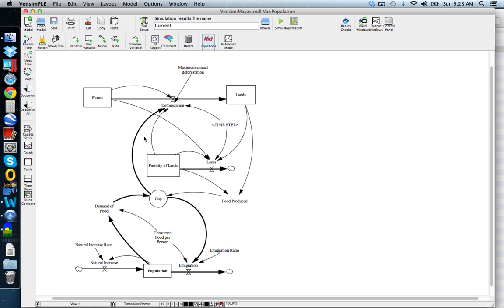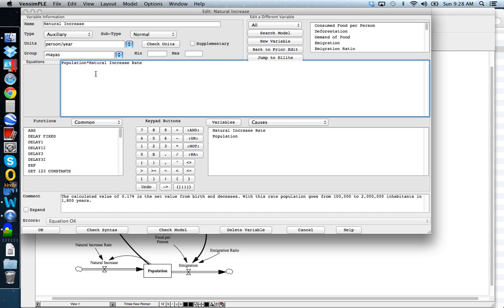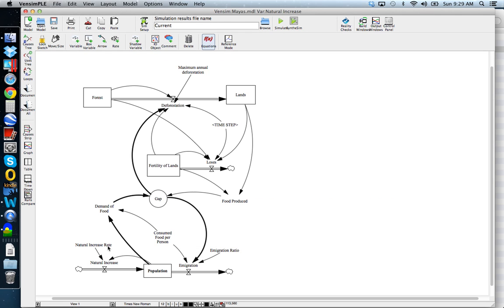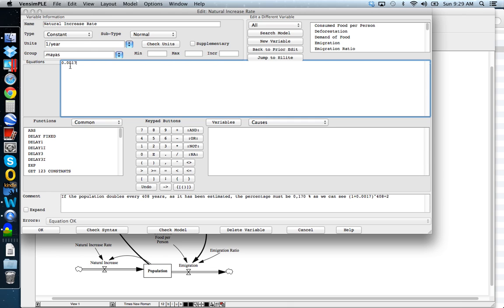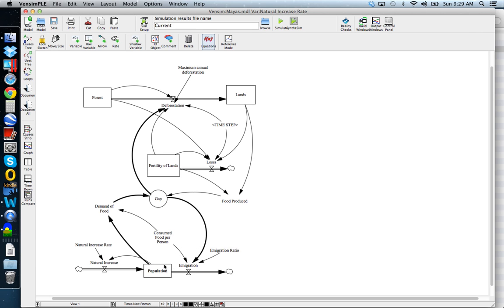So the natural increase is driven by the population and the natural increase rate. This is people per year, and the natural increase rate is essentially this 0.17%. If you go here to the equation and click on natural increase rate, you'll get essentially the 0.17%. Okay, so population grew because of that, and the migration of people